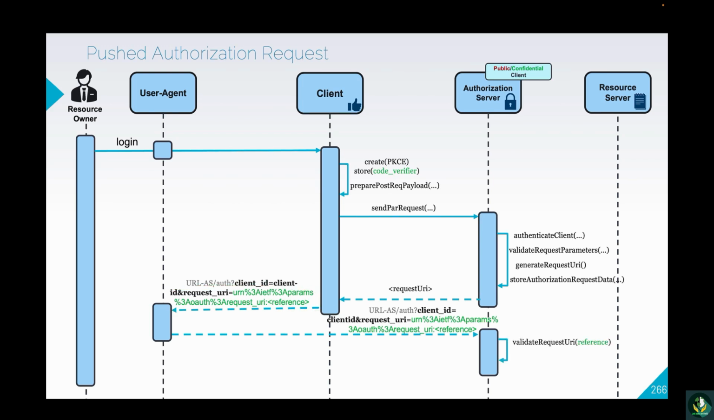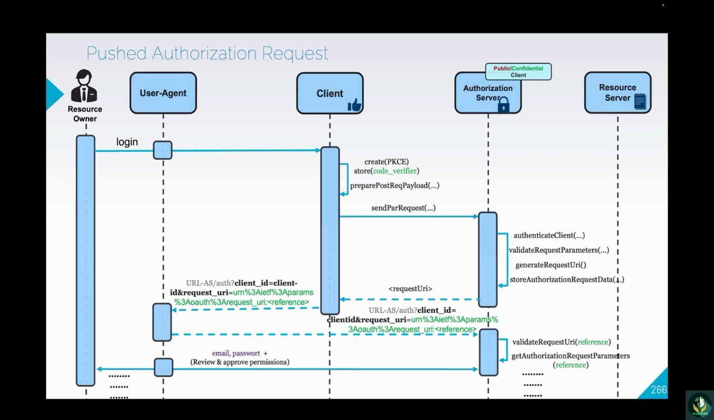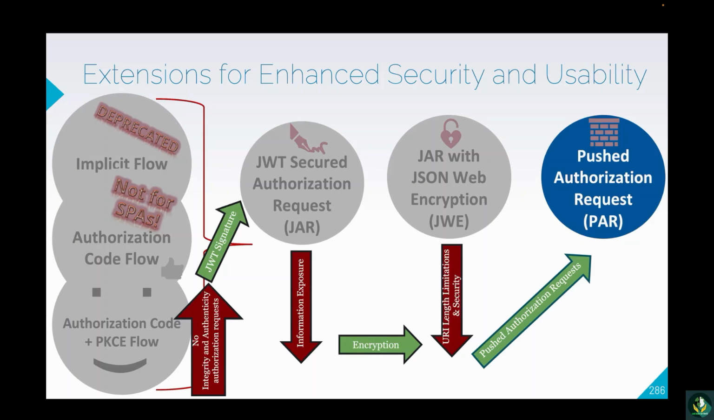The authorization server then validates the request URI. If valid, it fetches the associated authorization request parameters and processes the request as usual. This includes authenticating the client, confirming scopes, and so on. PAR improves security by mitigating risks related to URL-based redirection, but it doesn't inherently cover aspects like integrity, authenticity, non-repudiation,